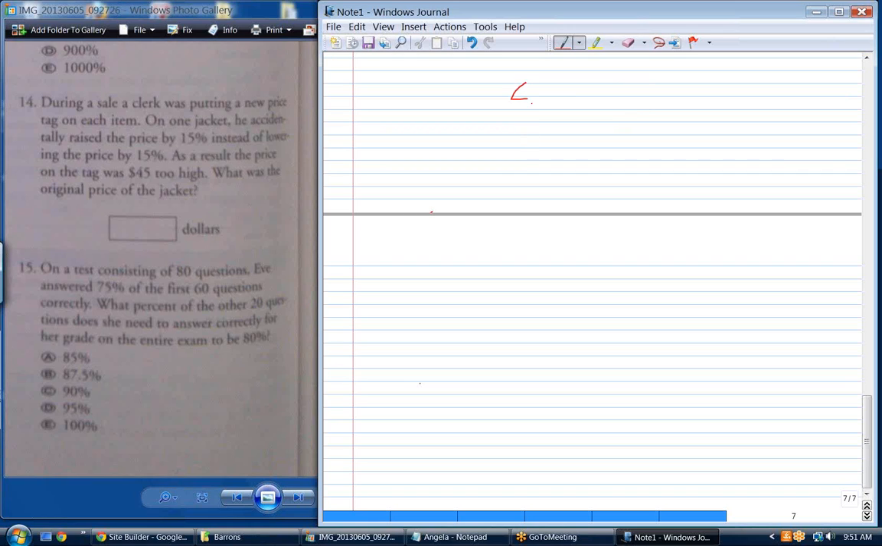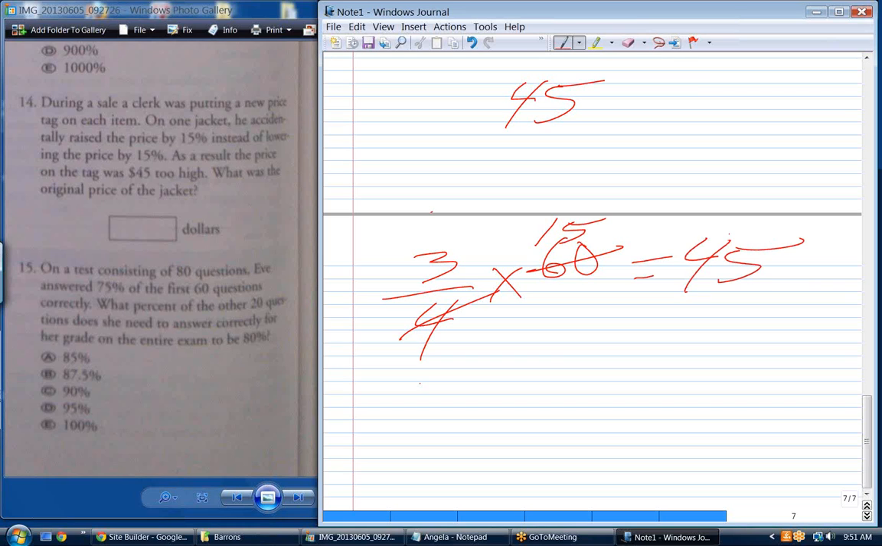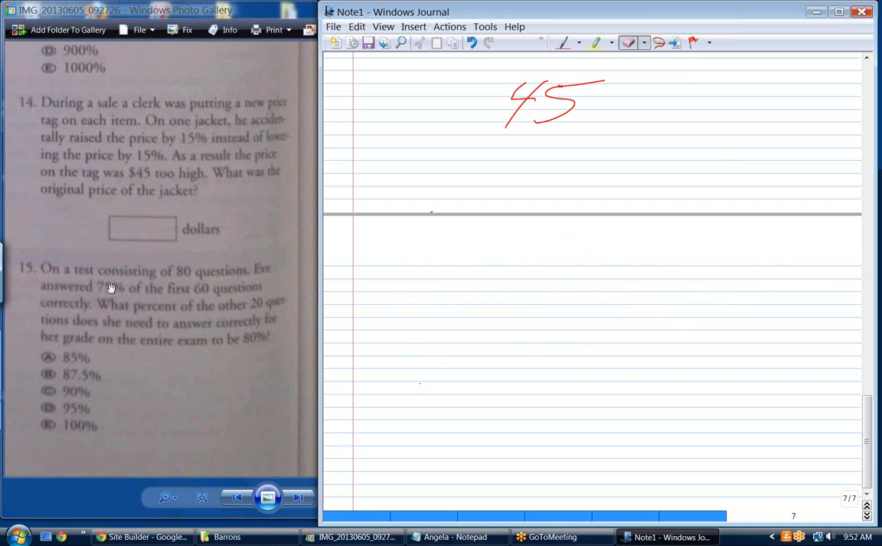$40. 45. 75% is 3/4 times 60. Divide 4 in the top and bottom. Okay, so he's got 45 correct, and there's 20 more questions. What percent of the other 20 questions